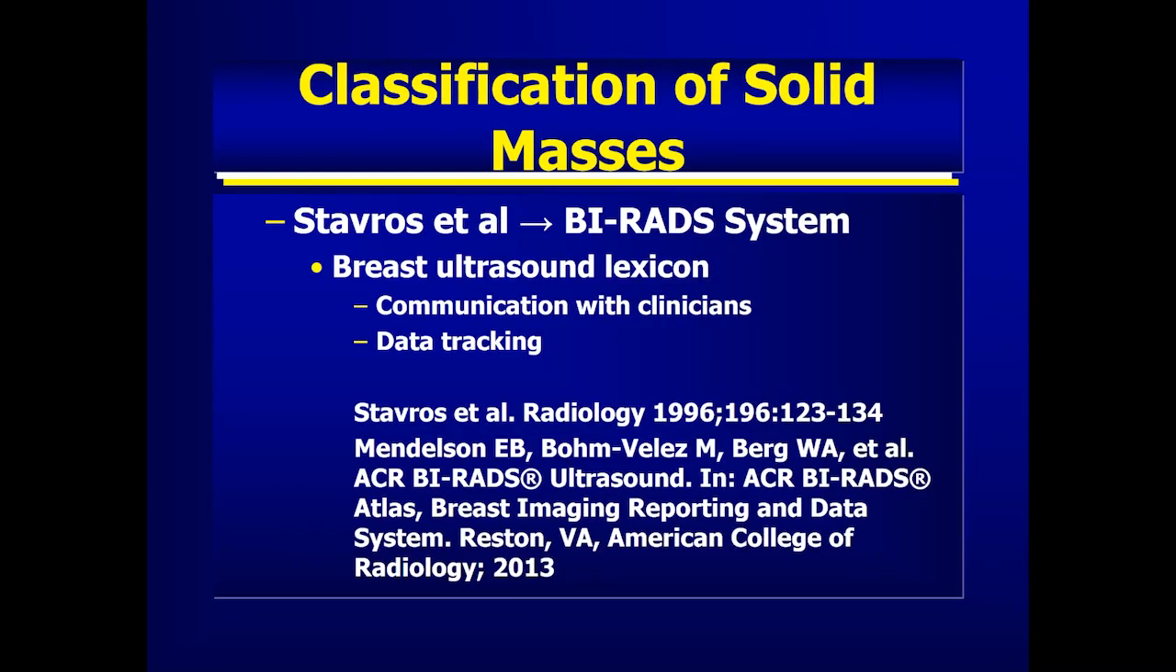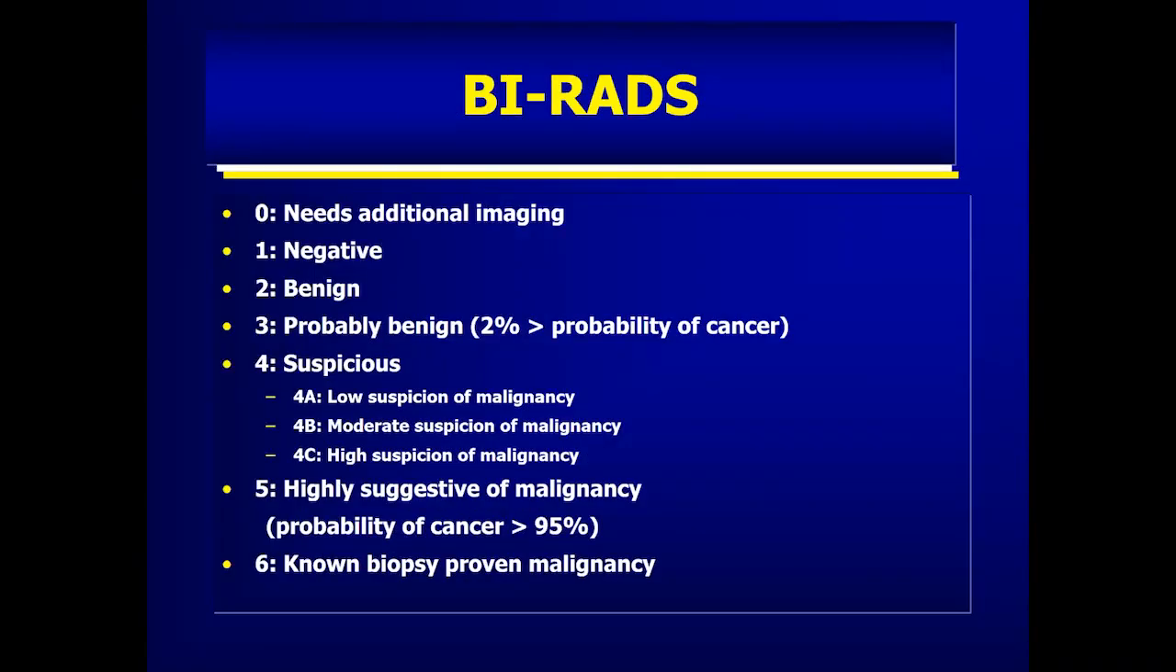So this work in the late 90s by Dr. Stavros and his colleagues sort of laid the foundation for the BI-RADS ultrasound, or the breast ultrasound lexicon. And this really allowed us to have better data tracking, to carefully describe lesions, and have more precise communication with our clinicians. So as you know from BI-RADS, there are 6 categories ranging from 0, needs additional imaging,